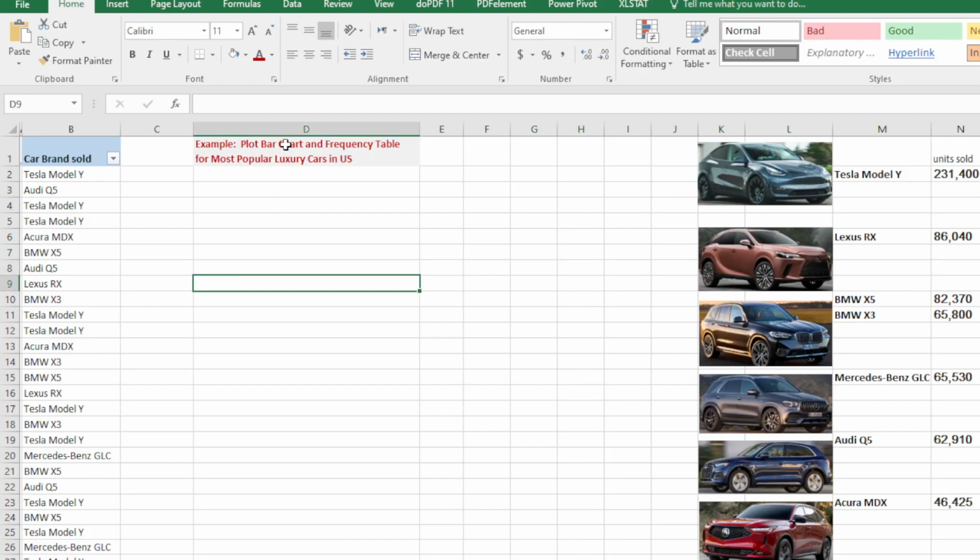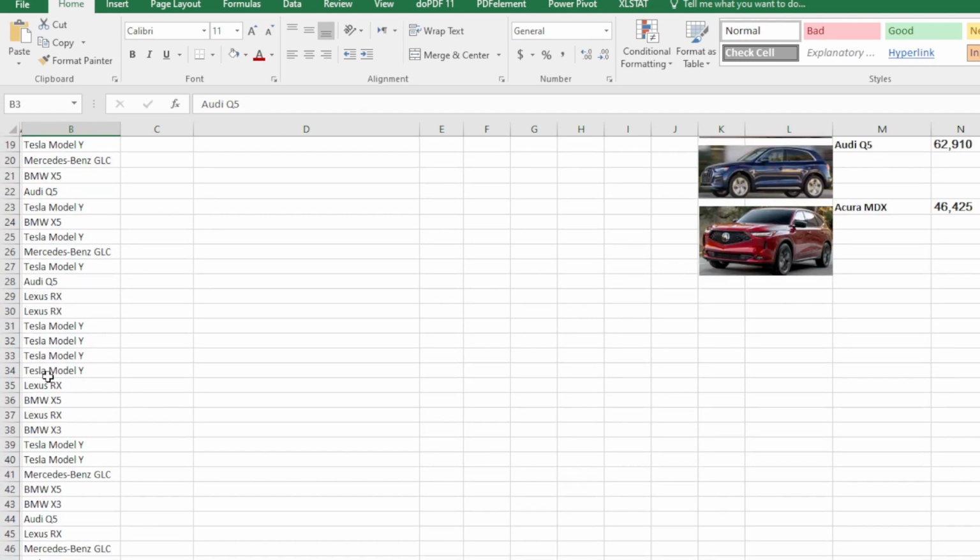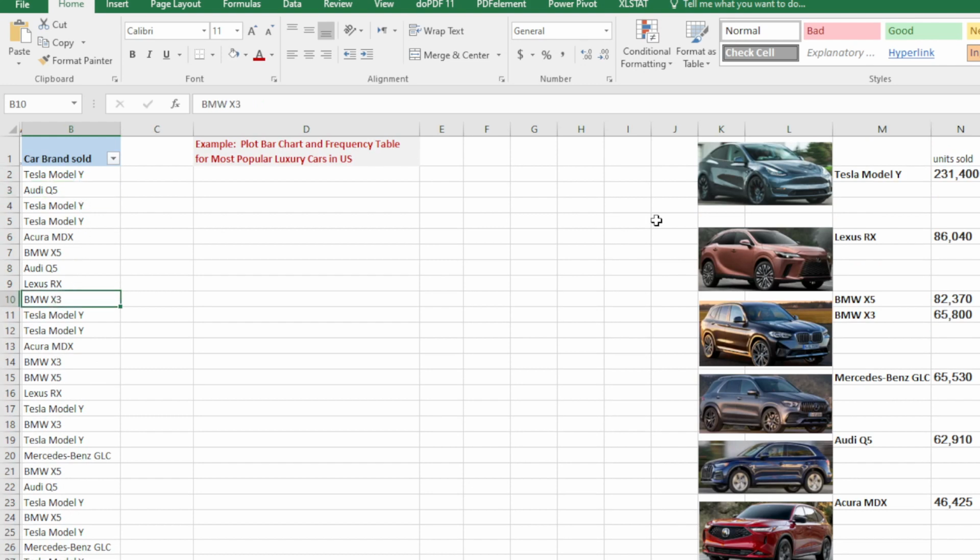Plotting the bar chart and also forming a frequency table for the example of most popular luxury car brands sold in the US in a specified year is illustrated here as a representation of a categorical variable example, in which the categories are the brands of the luxury cars sold. In this case, 65 of such cars listed here were sold in a specific area